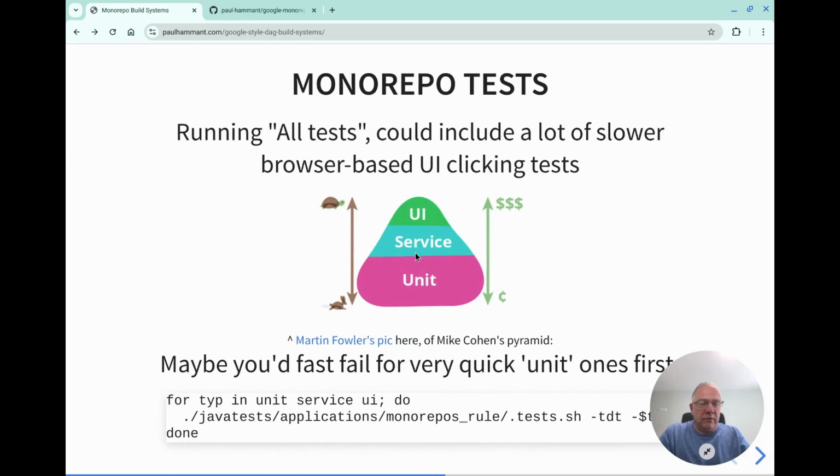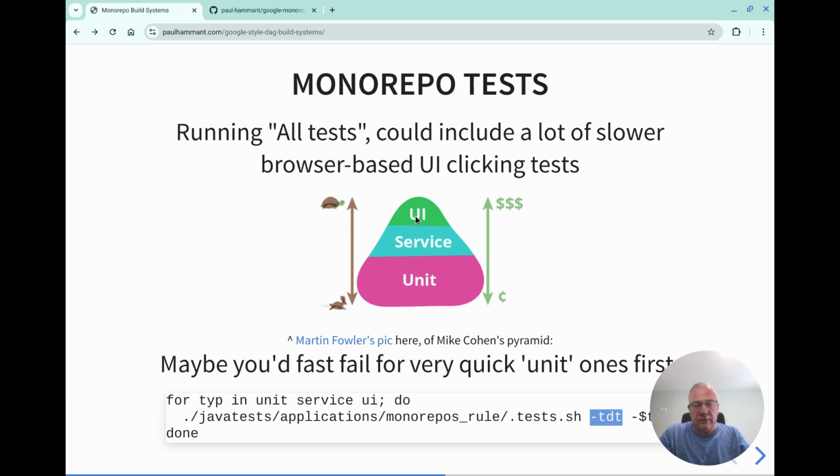So I'm borrowing a diagram from Martin Fowler's site. So what about tests? If we weren't differentiating on tests within each test directory, we'd be in a very problematic state if we were running all tests for everything. So you'd probably demark into unit, service and UI tests, and then you might choose across the entire structure for test dependencies too. You might choose to do everything's UI tests followed by, unit tests followed by everything's service tests,